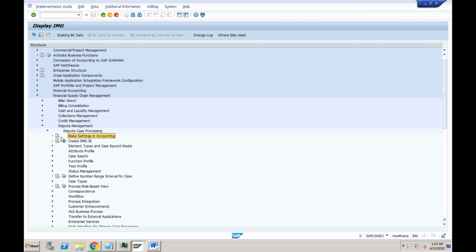So number one, this is just the documentation which is saying make the settings in the accounting. If you want to flow the data from AR to disputes, and whenever you are creating a dispute case and you want to link your dispute case to the accounting document, then definitely this is a configuration which is required under the AR section.